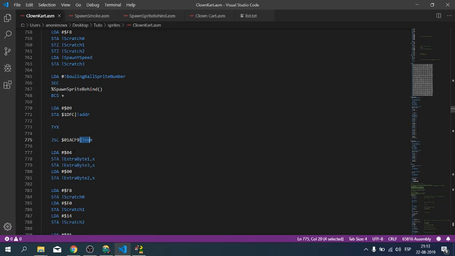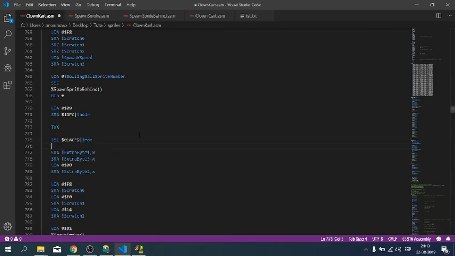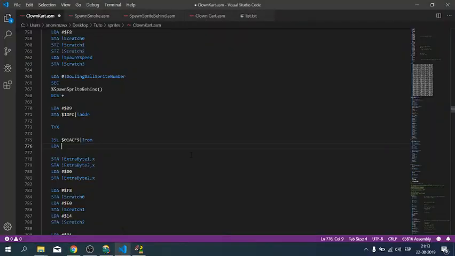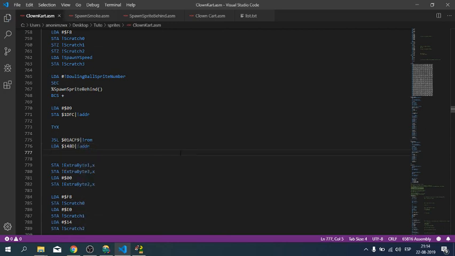Okay, the random works in this way. The result of the random is on this address. Then the first step is to make it better. We can do this